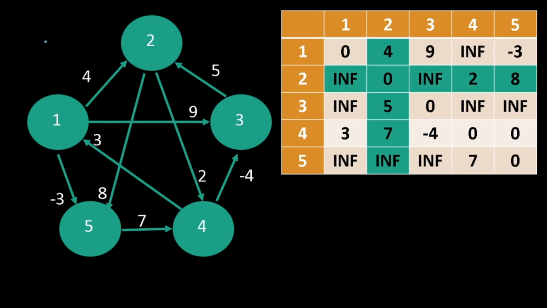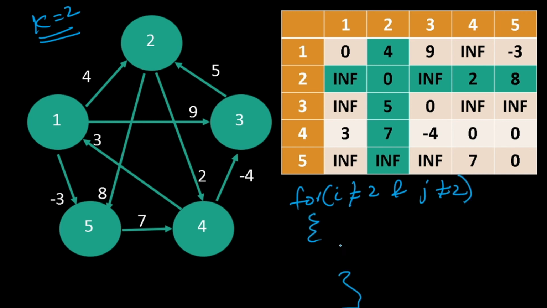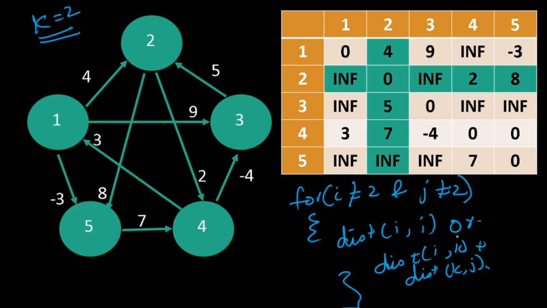So now that we are done with k is equal to 1, let's look at k is equal to 2. What does k is equal to 2 mean? K will be the intermediate vertex through which we'll perform relaxation. In other words, for every source that is not equal to 2 and for every destination that is not equal to 2, we do this comparison. Is it better to go directly from i to j, or is it first better to visit k and then from k we take off to j? We simply make this comparison. Whichever is minimum, we'll take it. That's what we are doing. That is what we understand by relaxation.